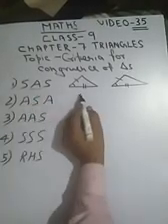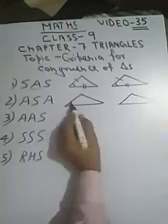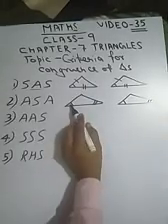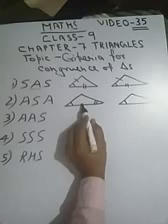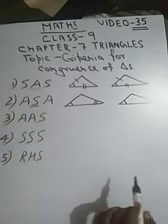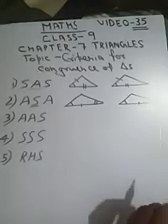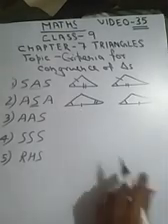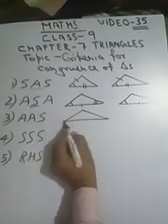Look at the second one. In the second one we have got 2 angles here. Let's check 2 angles like this. Remember, one angle of this and one angle of this makes 1A. Then one side of this and one side of this make 1S. See, the side is in between. So which side should I take? This, the included one. So when this is given, we can say that they are congruent on the basis of this criteria. Similarly, you can see this for this also.